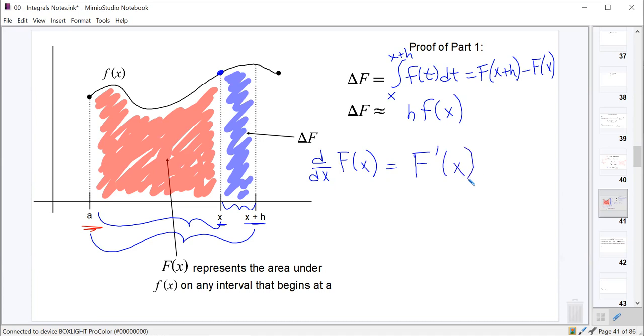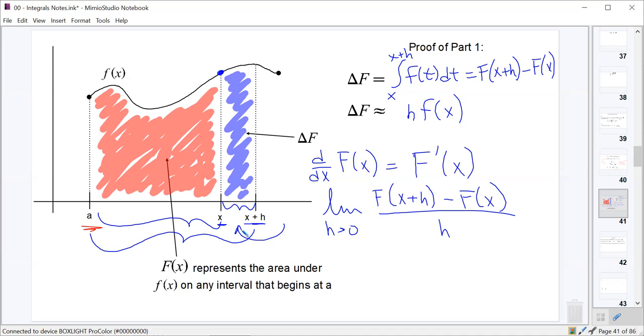should be written as a limit as h approaches 0 of capital F of x plus h minus capital F of x all over h. And of course, what we really do want to do is make h approach 0 here, because that's what we're trying to figure out: how much this area is changing at an instantaneous rate of change on a very tiny little interval. And so what we're looking at here is effectively the derivative of capital F is equal to this limit,